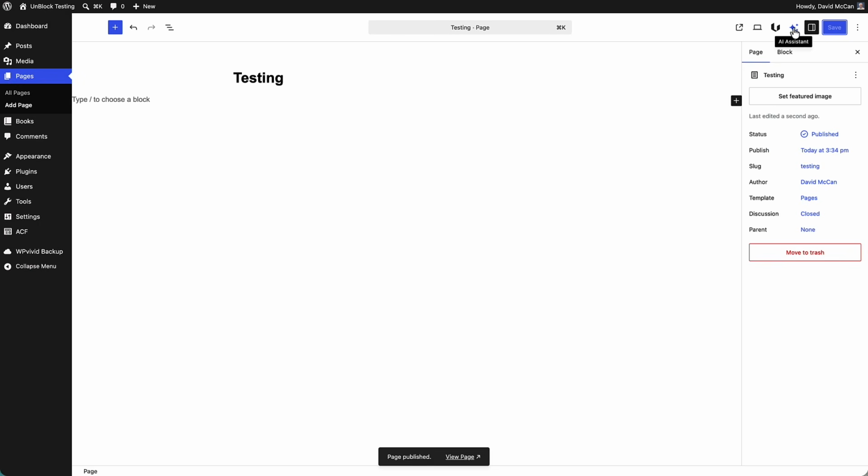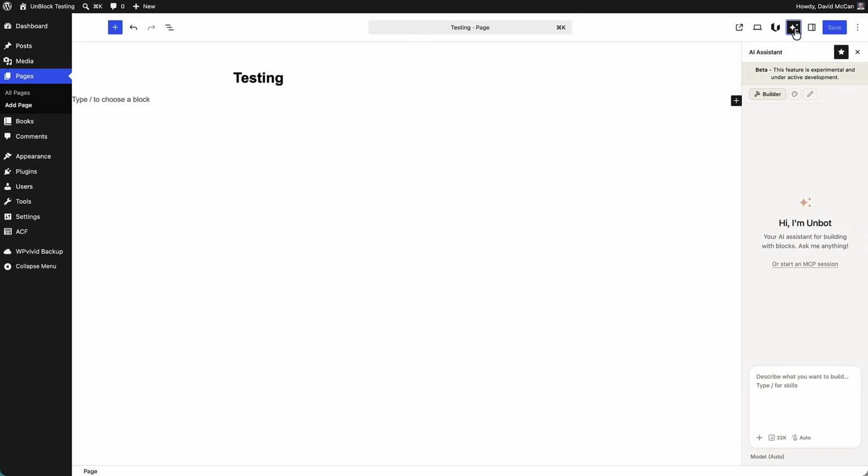Okay, this is the AI assistant, the Unblock AI assistant. It has 3 tabs, one for building, one for design, and one for content. Okay, so that's kind of nice. And this is, I believe, built on top of the WordPress 7